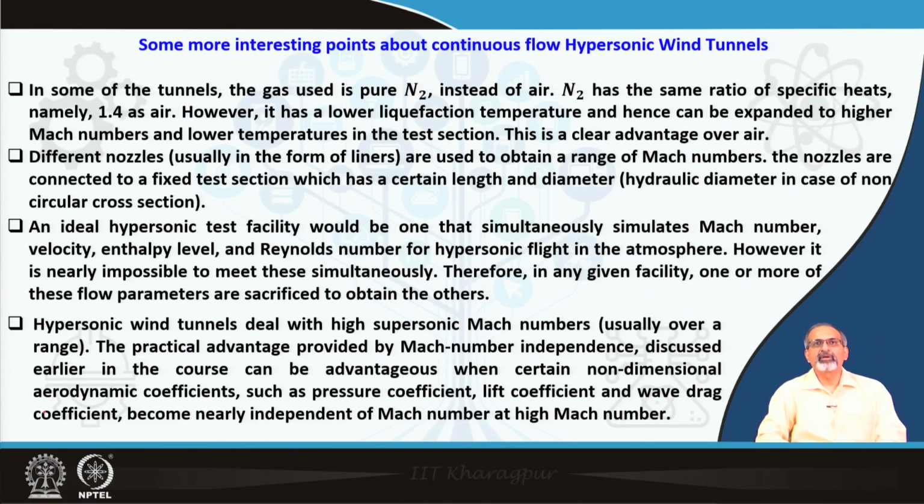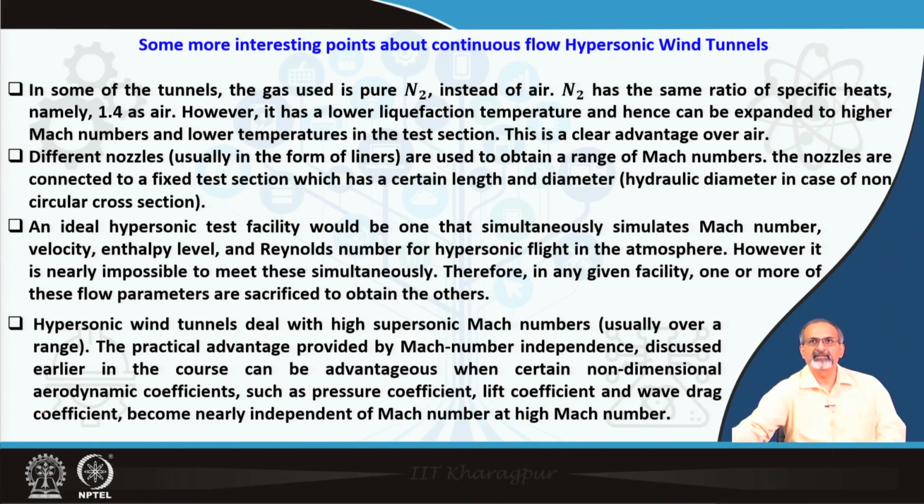We continue with some more interesting points about continuous flow hypersonic wind tunnels. The first point is that in some of the tunnels, the gas used is pure nitrogen instead of air. So, we would choose to use nitrogen as the working medium, and there are reasons behind it. Nitrogen has the same ratio of specific heats, namely 1.4, as air. However, it has a lower liquefaction temperature and hence can be expanded to higher Mach numbers and lower temperatures in